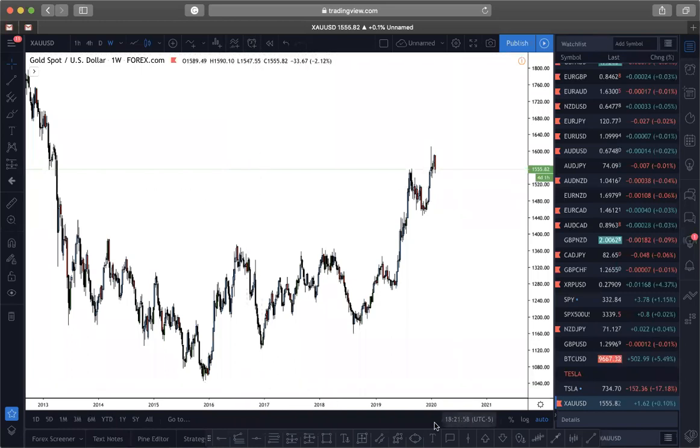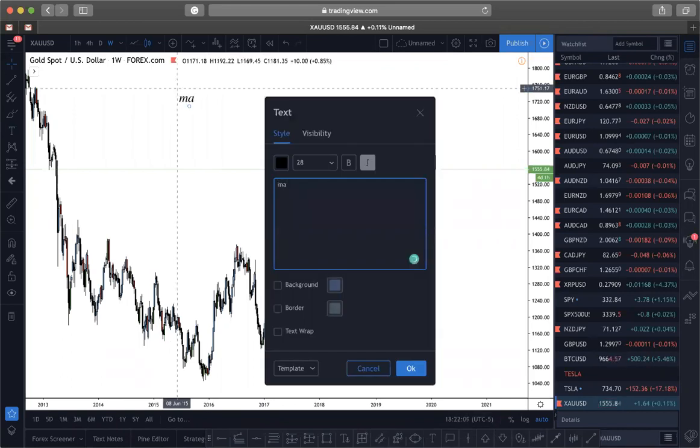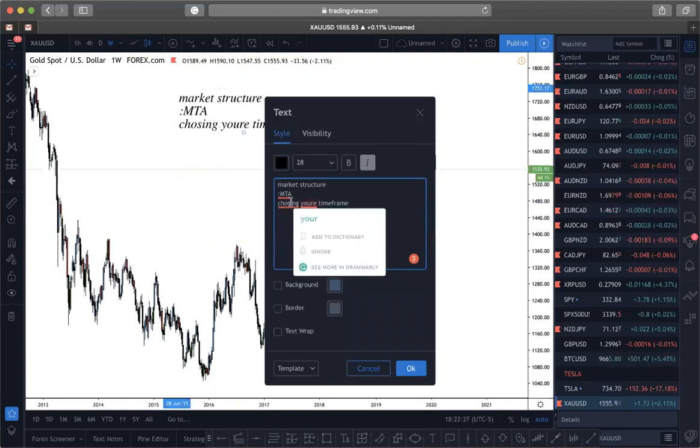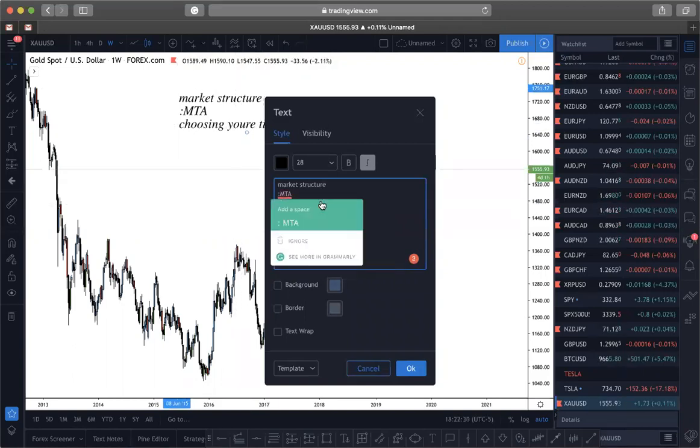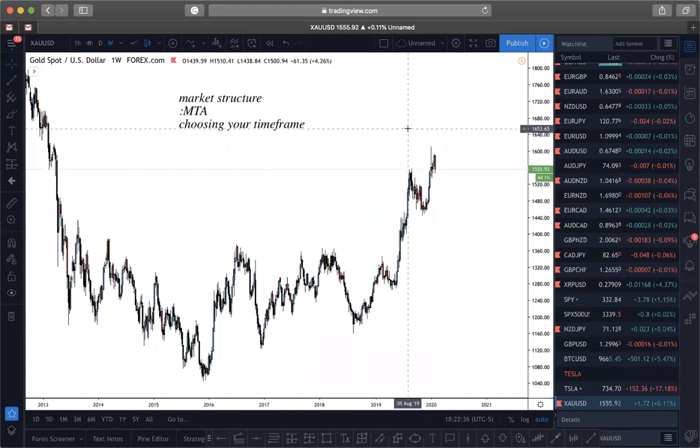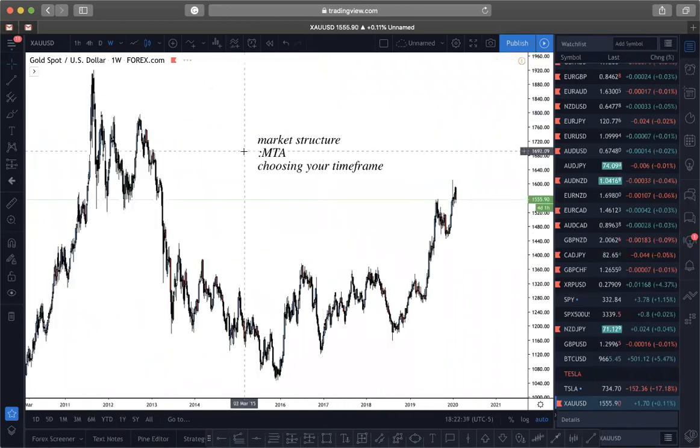Let me write this down. MTA stands for multiple time frame analysis. And then we have choosing your time frame, right? Anyways, so